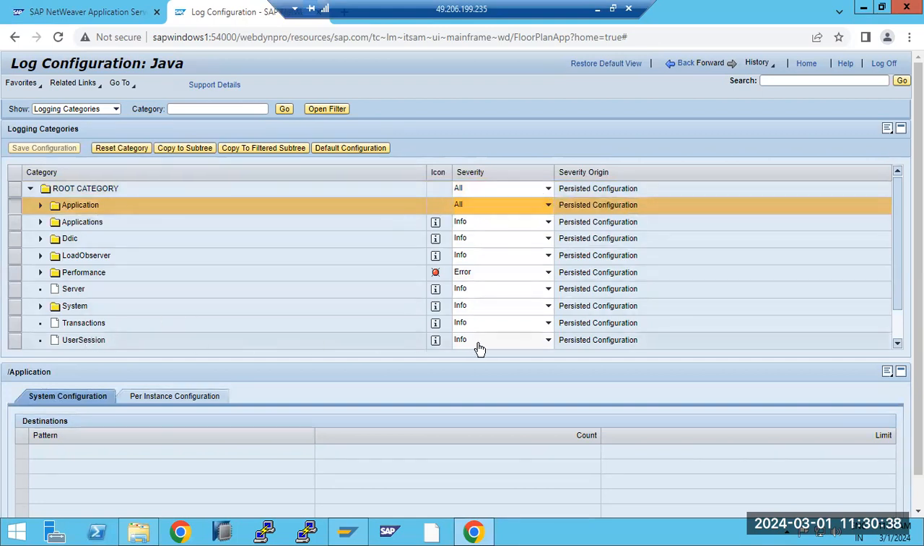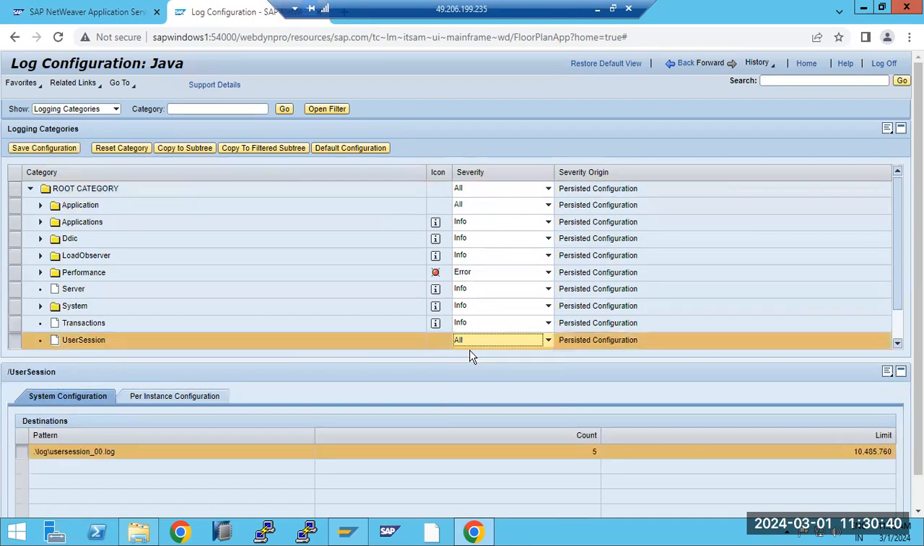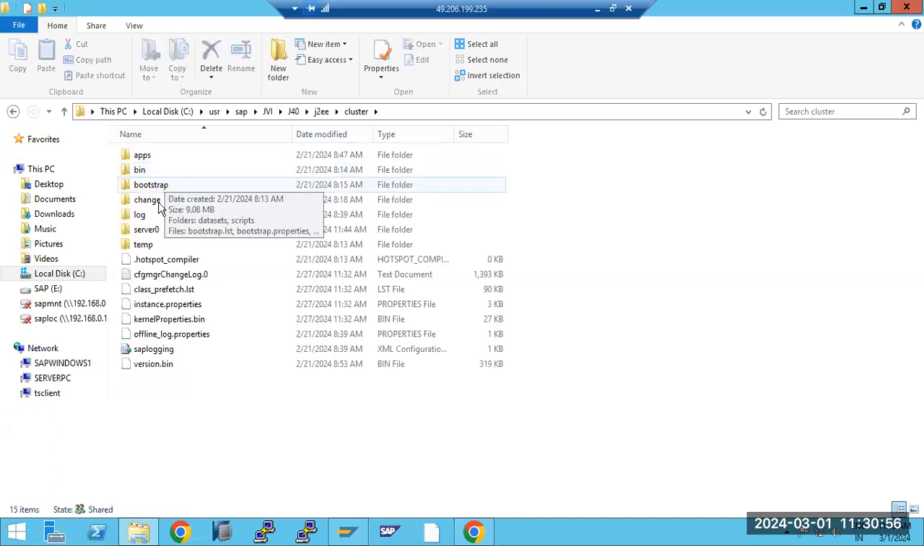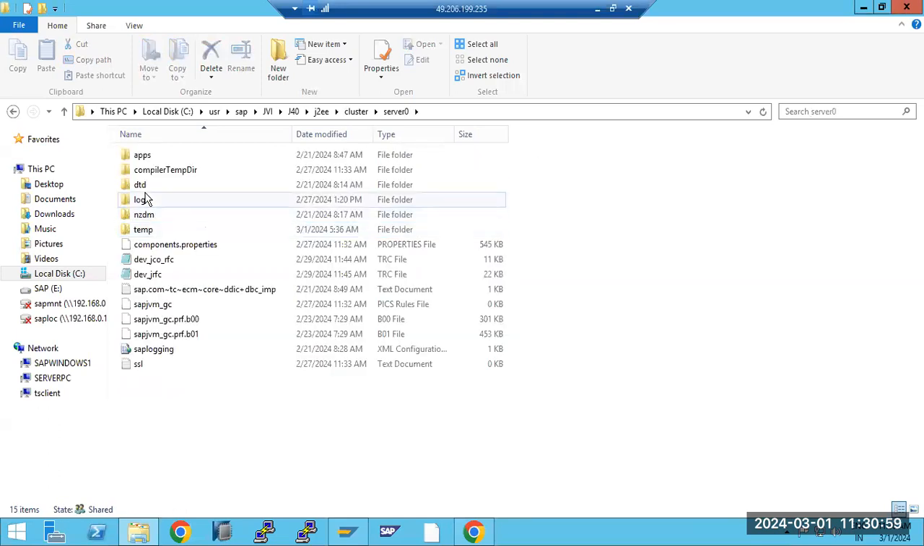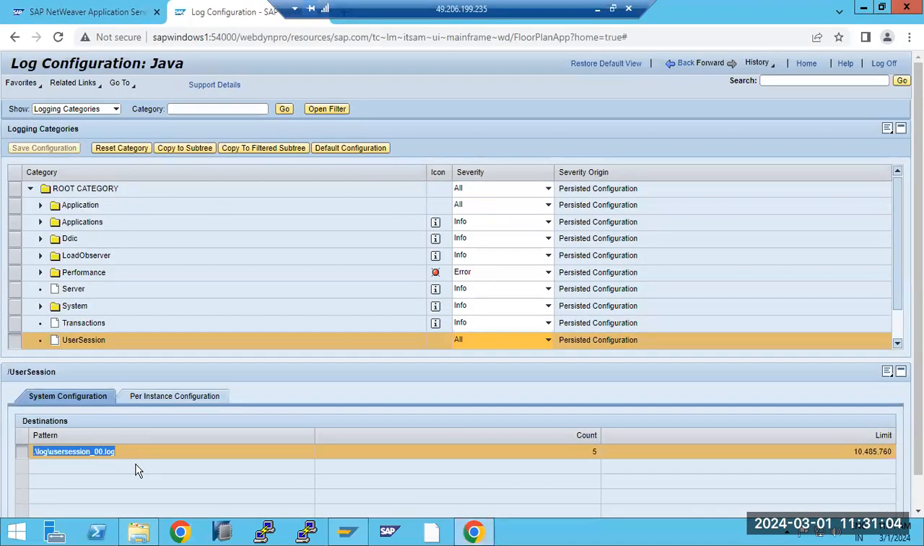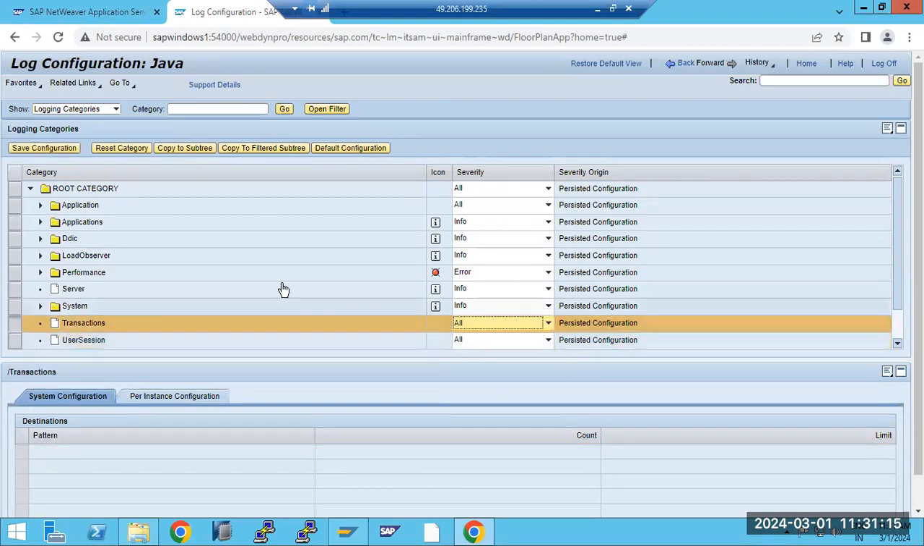Suppose you want user session information, not only the information level, everything should be generated. Then user-related session information will be generated. Under the log folder, in the J2EE cluster server 0, a user.session file will be created. Whenever any user sessions are generated, they will be created here. So if you want to track the sessions, not just information but everything, the warnings, errors, everything,